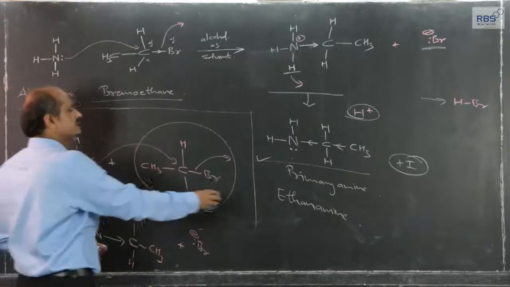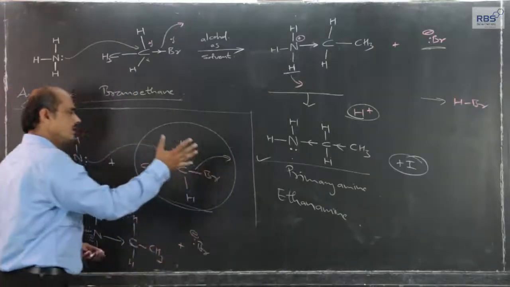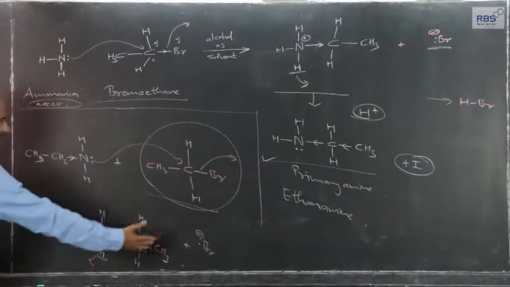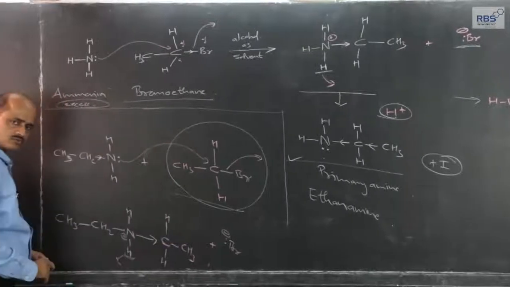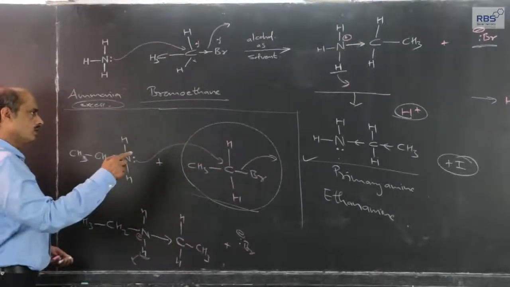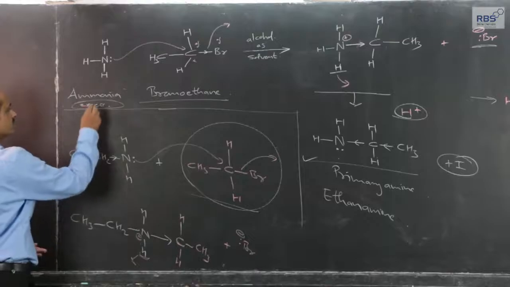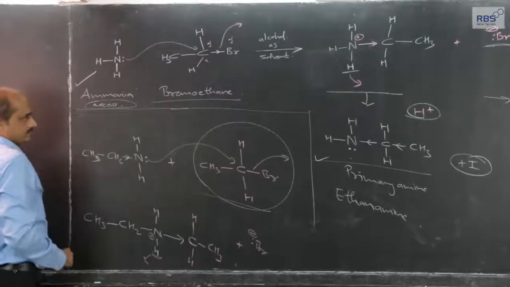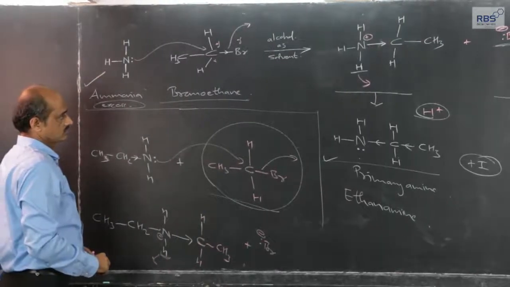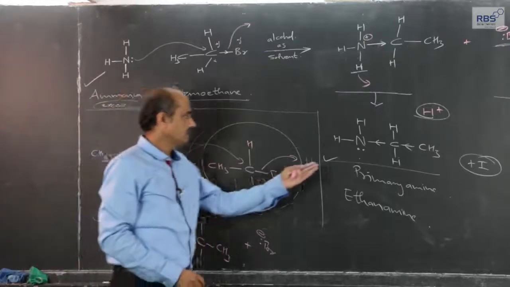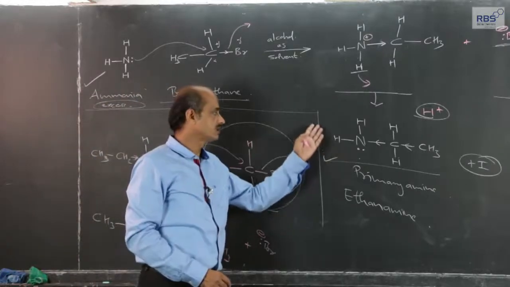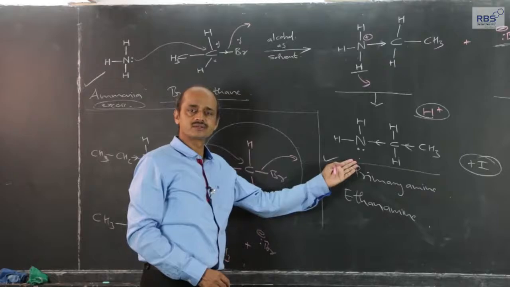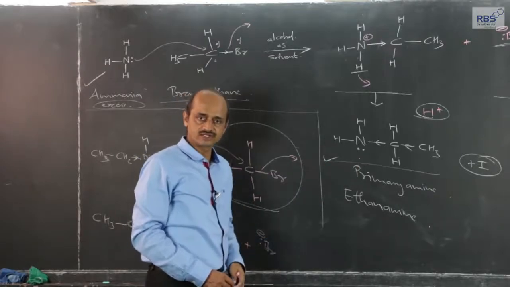Therefore, if we wish to prepare just the primary amine and avoid the further reactions, the pattern is the same, I have not shown it, then what we have to do is take ammonia in excess. Then at least up to 99% we can develop this and avoid the further reactions.